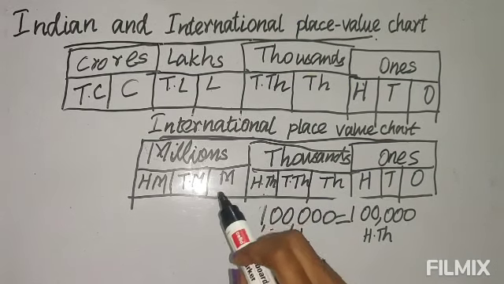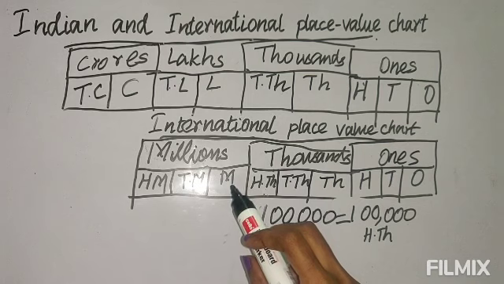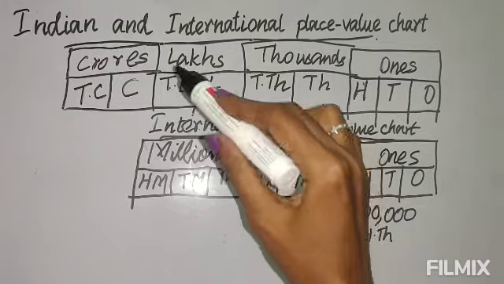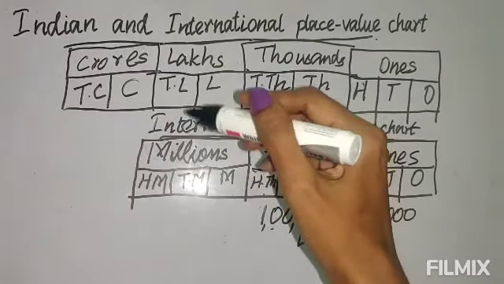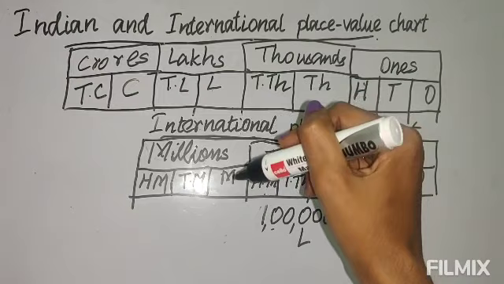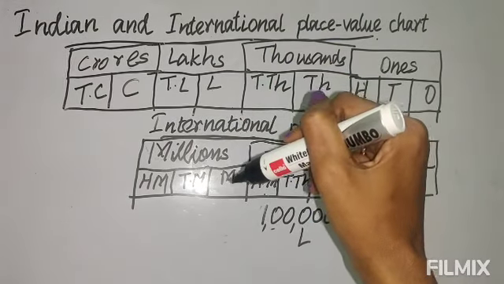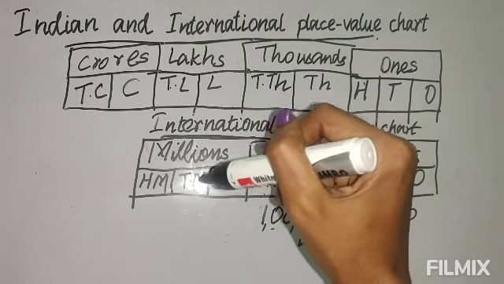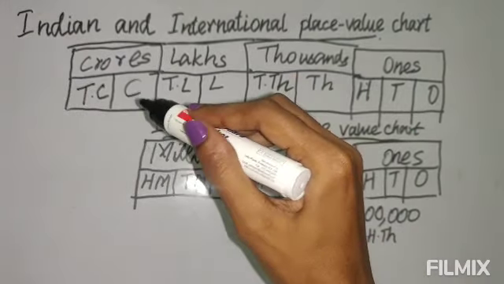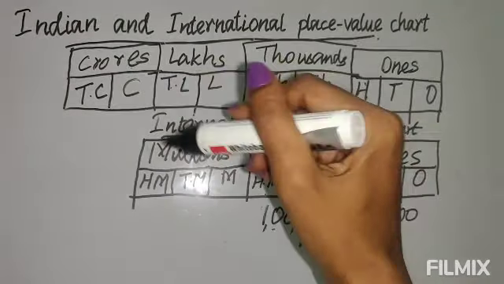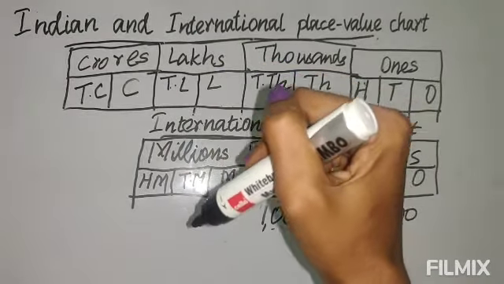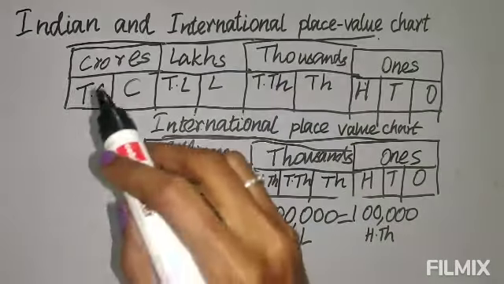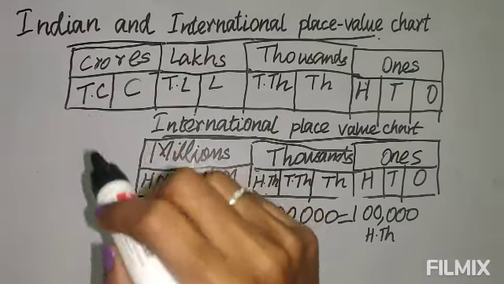Again, the same thing. After that we are getting 1 million, but here we are getting 10 lakh. So million and 10 lakh will be equal. Both are same, only the name is different. In India we call it 10 lakh, but internationally they call it million. Again next, after million comes 10 million in international, and here after that comes crore. So crore and 10 million both are equal. Again here it is 100 million, and here it is 10 crore. So both are equal.